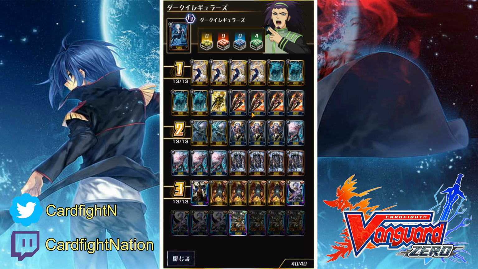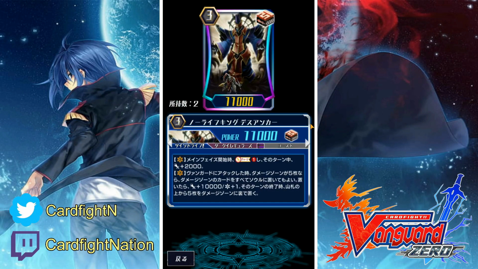so that is nice as well. And for our one-off copy, I actually choose to run No Life King just because if you are at 5 damage for some reason, and then our soul is not enough, and then we need a crit Vanguard, that means we need a Vanguard with 2 crits, and then this can be a backup, right? If that happened to be the case,